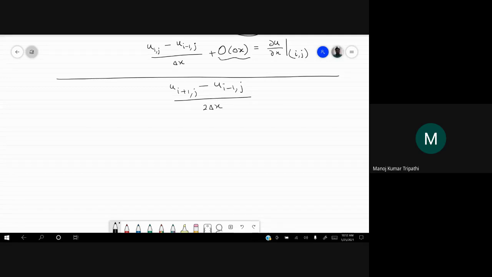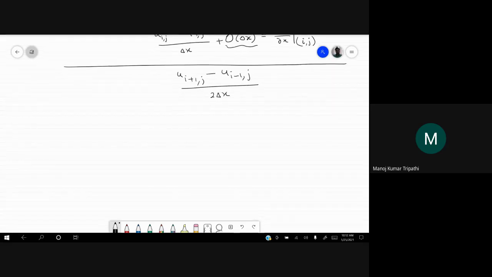Distance between the points is 2 delta x and the points are i plus 1 and i minus 1. So we need Taylor series expansions for i plus 1 j and i minus 1 j at those points. So let us write